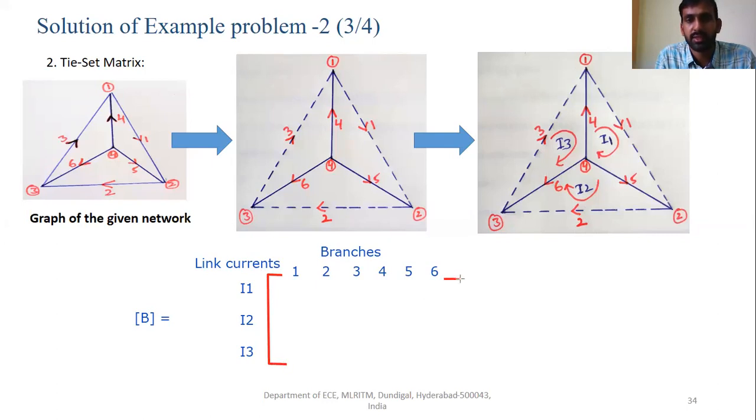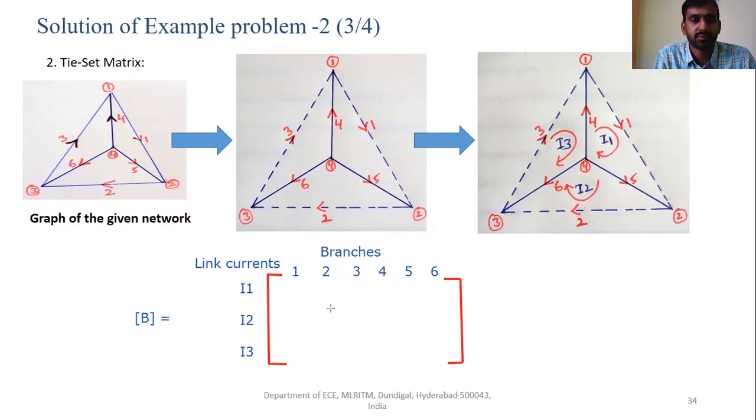When you are obtaining these matrix elements, here also you have to consider the orientation or the direction of the branch currents with respect to the loops. So let us see how to obtain these elements. The columns give the branch currents, and the rows give the link currents here.